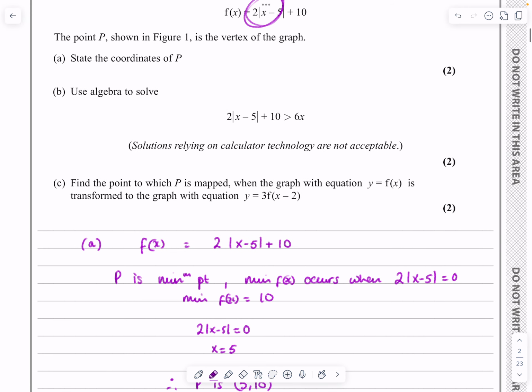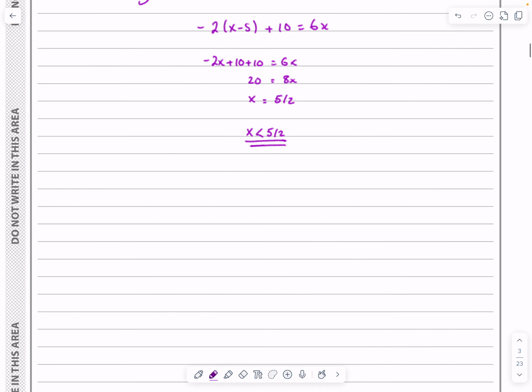Part C, find where the point P, which we know, is mapped if we start off with y equals f(x) and it's transformed with 3f(x - 2). Again, that should be hopefully relatively straightforward within our transformations. So y equals 3 lots of f(x - 2). When I'm looking at this, I'm going to do f(x - 2) first, then I'll multiply by 3 afterwards. So for point P, which was (5, 10),